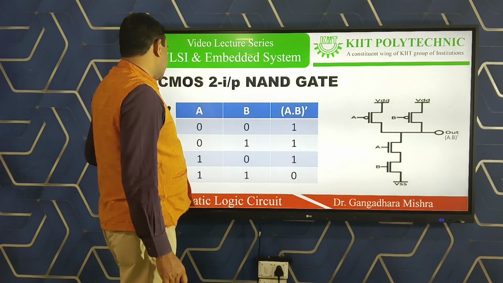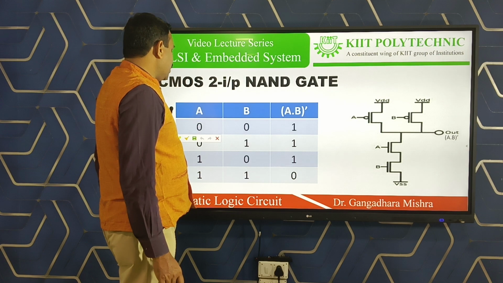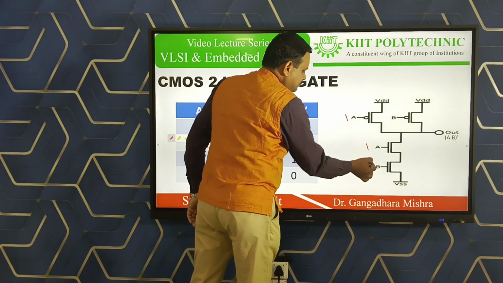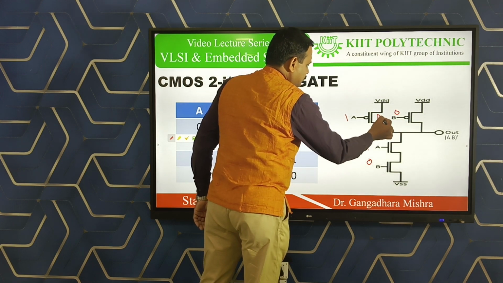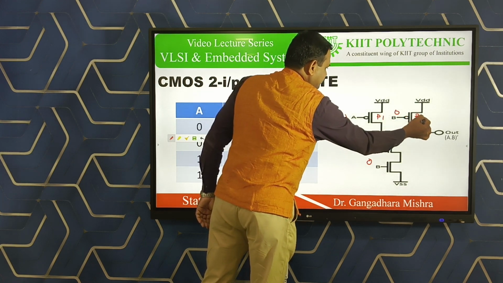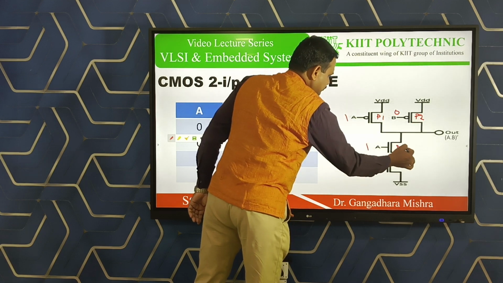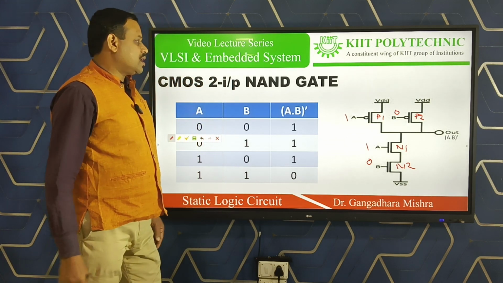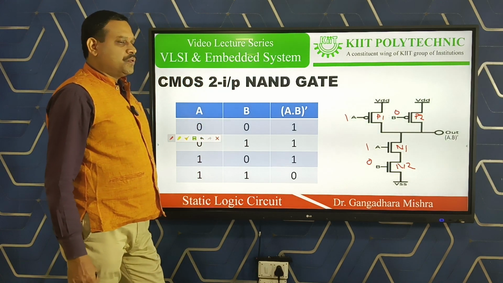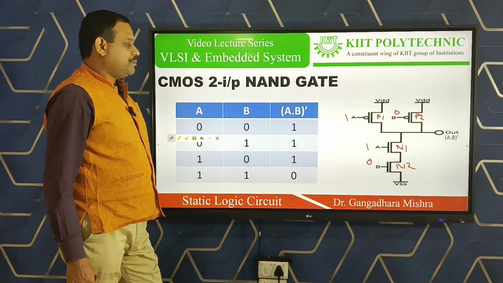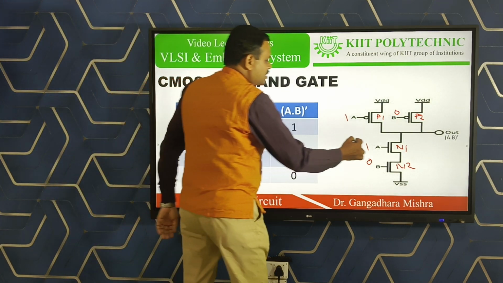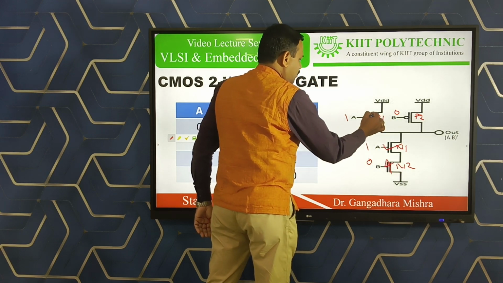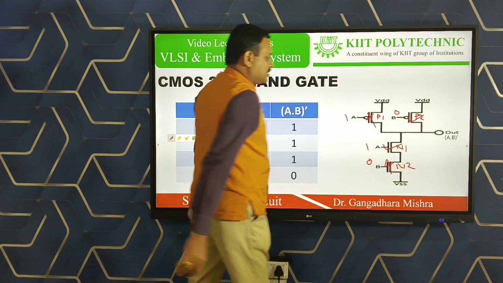Now let's go for the third condition, that is A is equal to 1 and B is equal to 0. So let's assign the values. Now let's check the output conditions. For the input conditions of A is equal to 1, B is equal to 0, N1 is driven to the conduction state, N2 to the cutoff state, P1 to the cutoff state and P2 to the conduction state.